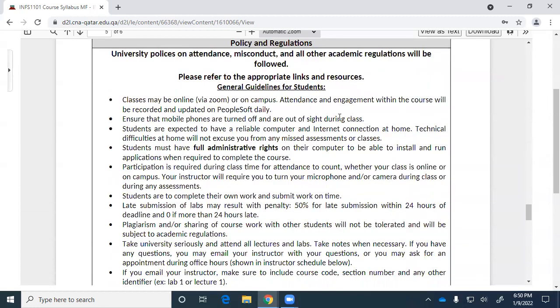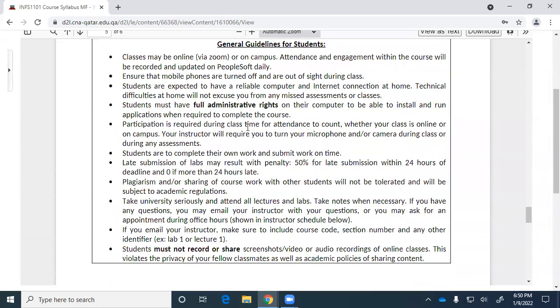And then there's a bunch of rules and regulations. Later in the course, we're going to be using the Python programming language. You need to have a computer that you can write Python programs on. So you need to be able to install the software to do that. The software is called IDLE. If you go to python.org, just Google it, python.org, you can download the latest version of their IDE. And it's free. Nobody's going to ask you for any money. Just download it, and it's free, and it's virus free also.